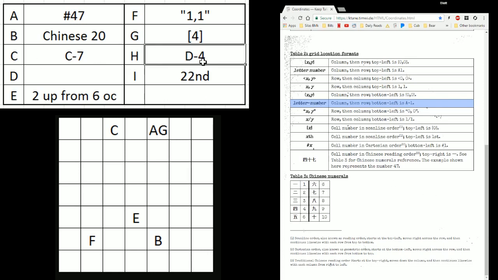Letter dash number for D-4. Again, column then row. Bottom left is A1, so column A, B, C, D, number 1, 2, 3, 4. And I is 22nd. 22nd is cell numbers in scanline order again, but this time your top left is first. So first, second, third, 4, 5, 6, 7, 8, 9, 10, 11, 12, 13, 14, 21, 22. So my answer is A and G. So that would be number 47, 4 in square brackets. Number 47,